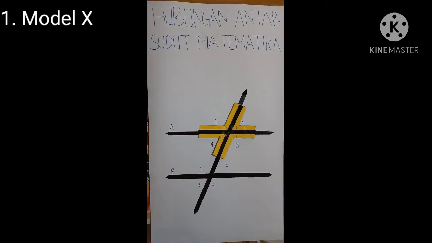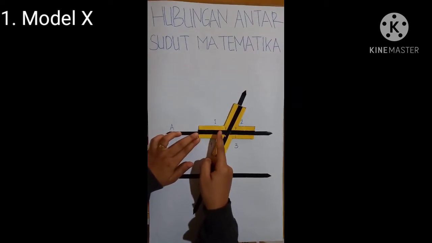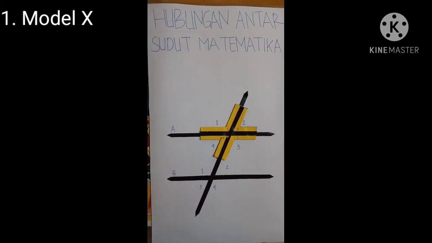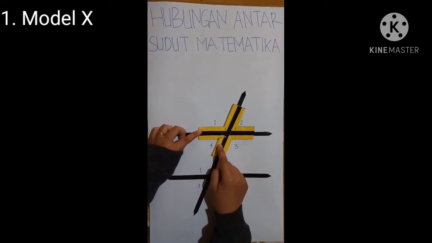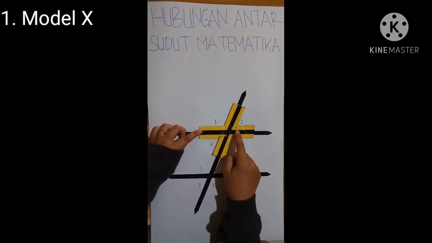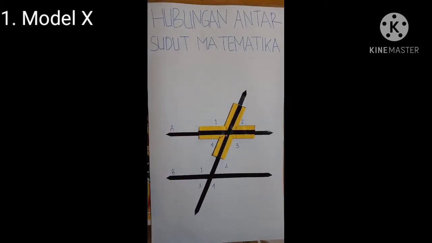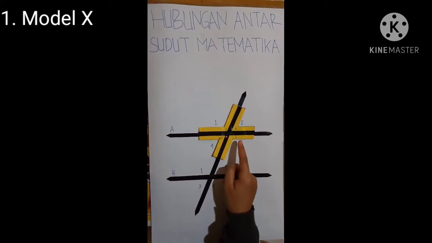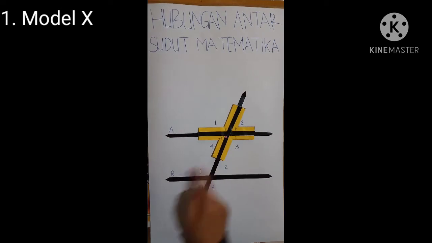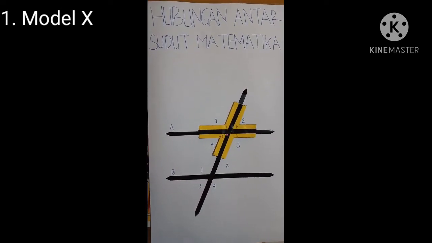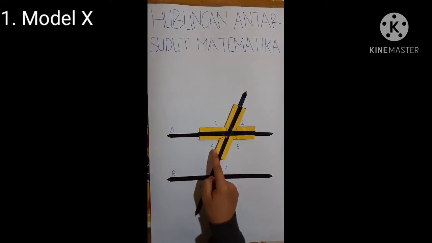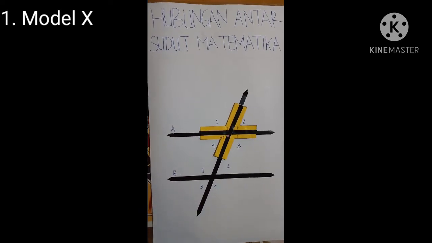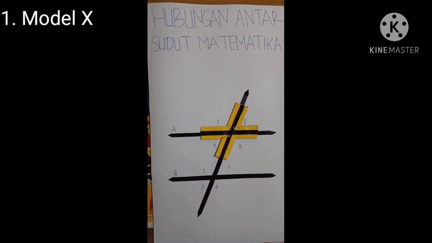by angle A1 is now occupied by angle A3, the angle previously occupied by angle A2 is now occupied by angle A4, the angle previously occupied by angle A3 is now occupied by angle A1, and the angle previously occupied by angle A4 is now occupied by angle A2. Then, we can conclude that two opposite angles have the same size.